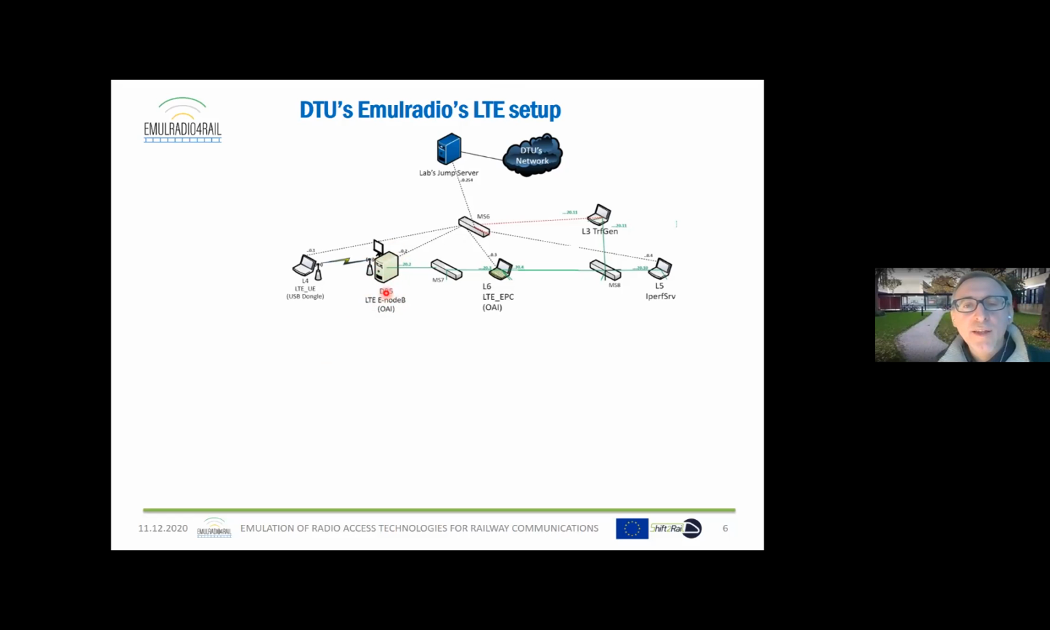The eNodeB is connected to the EPC, and this is done through a switch. I will explain briefly now why, and why not directly. The EPC is the entity in LTE that keeps data about users and services, and also some entities that perform routing in the network. The EPC is connected also through a switch to another computer that behaves as a receiver, which we have as an IP server. So we have an end-to-end path